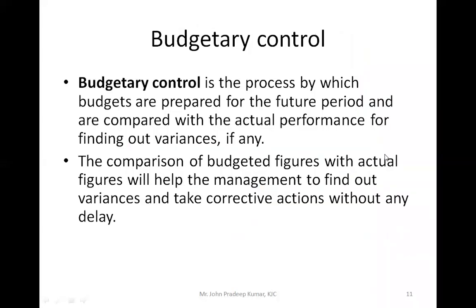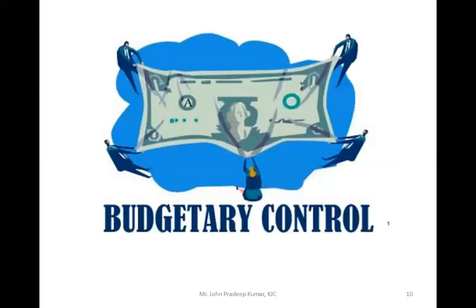So budgetary control is mainly done for that, to control the cost, and to make sure that you can see the picture, what they're doing in the picture. Can you think what they're doing? What are these 5 people trying to do there? Maybe each can be a divisional manager. Maybe this person is the finance manager, production, marketing. Other one can be sales and distribution. Maybe this ma'am can be an HR manager. So all of them are doing something. What are they doing? They're trying to stretch something. That means that is a budget.